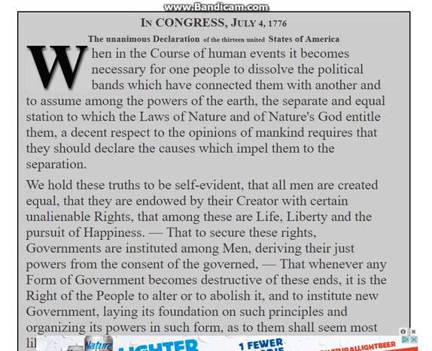Okay, I had gotten a request to do some historical pieces, and I'm going to start out with the Declaration of Independence. We're going to kind of go over what led up to America declaring independence, why they declared independence, because the war actually was going on before they wrote the Declaration of Independence, so why they felt it necessary to write it, and so on and so forth.